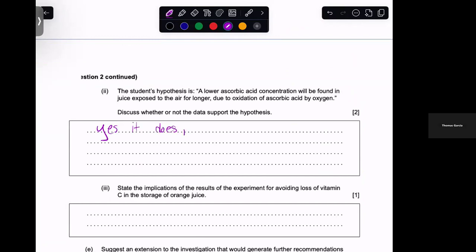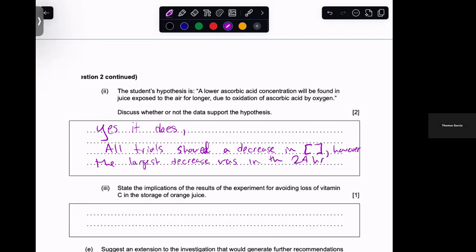Two, you have to reference the data. All trials showed a decrease in concentration. However, the largest decrease was in the 24-hour exposure, followed by each subsequent